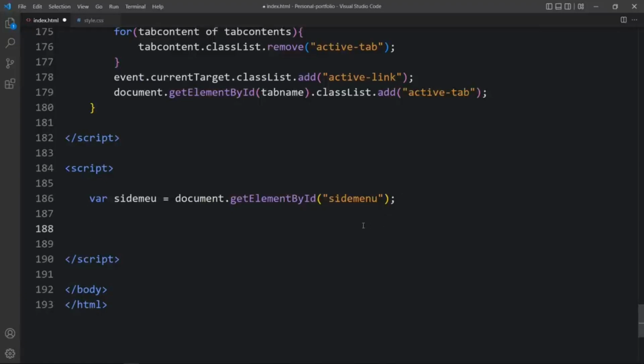So here we will add function open menu, define this function. So whenever we click on this menu icon, that will call this function called open menu, and when this open menu is called, here we will add this side menu